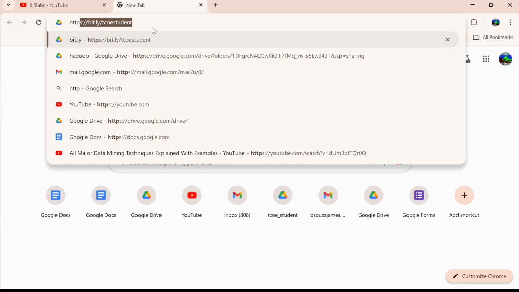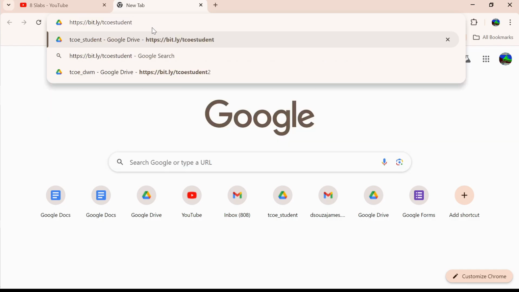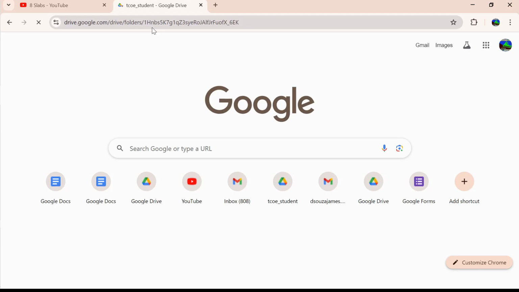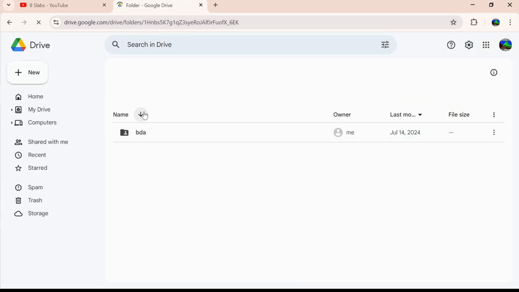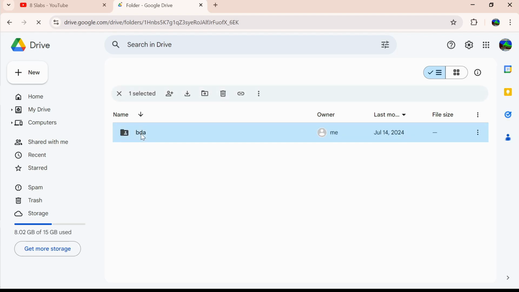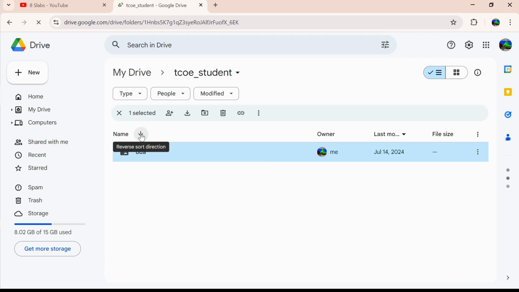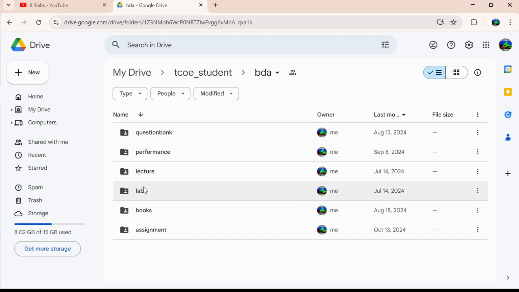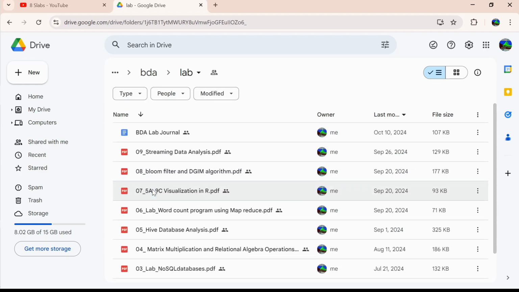So what you could do is visit this link, bit.ly TCO student. If you are a big data analytics student in B, you should find this folder, and there are many useful resources over here. One of them is your lab instructions. So you see the lab section,